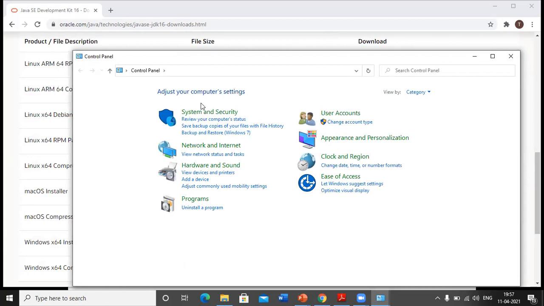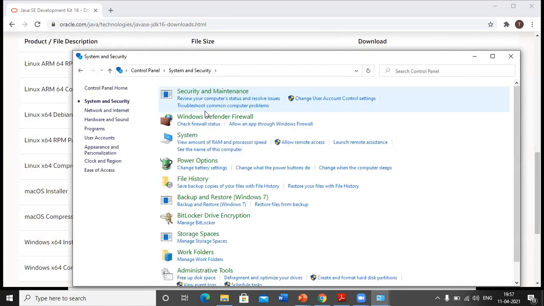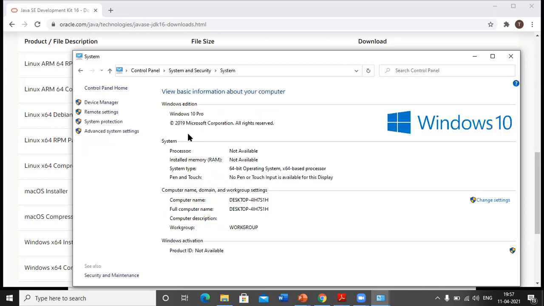Then go to system and security. After that, click on system. Here I can find advanced system settings, so click on it.